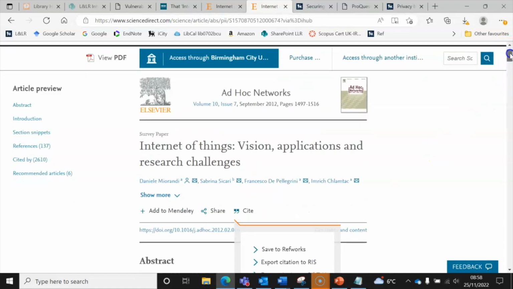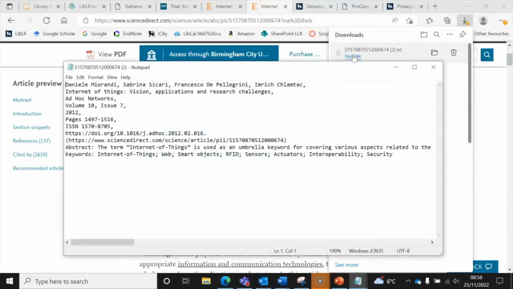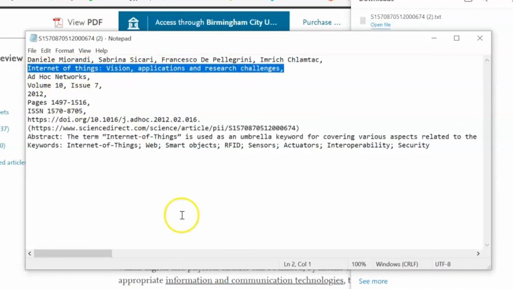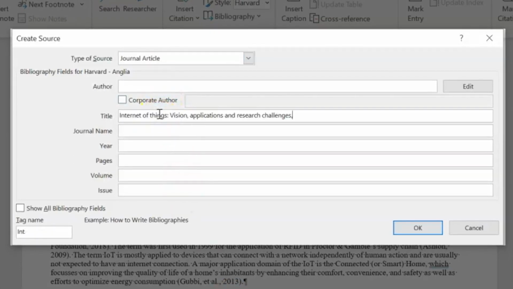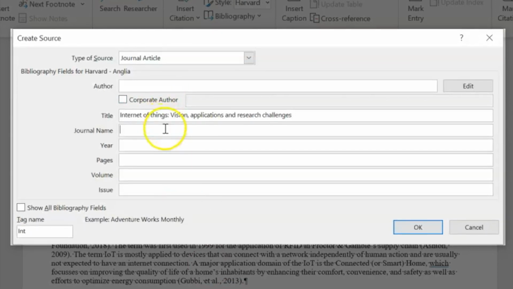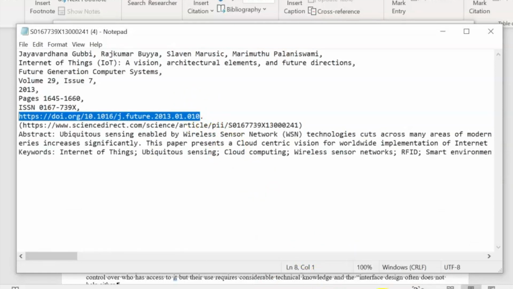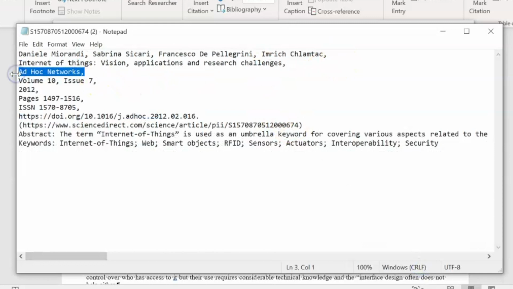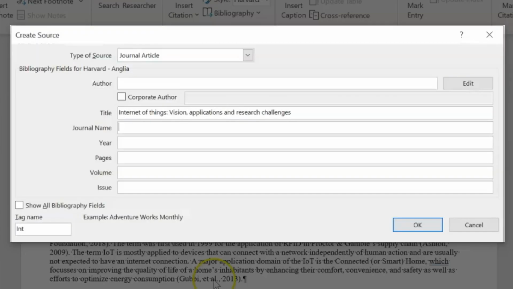We use cite. We can export the citation to text. You'll notice there are other options to export it to other reference management software. And then, as before, I'm just going to copy all the information into the source. So with the title, I need to make sure that I've capitalized the words in the first part of the title, and then